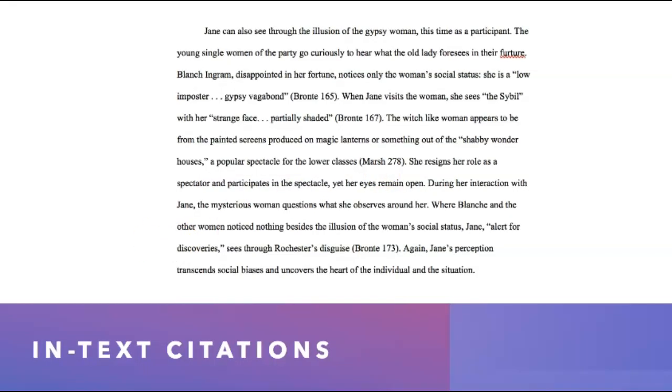Finally, I want to talk about your works cited page. Works cited pages are greedy. They're like teenagers. They want their own room. They want their own space. So they need to be on a separate page that's outside of your other pages. So even if you end on page